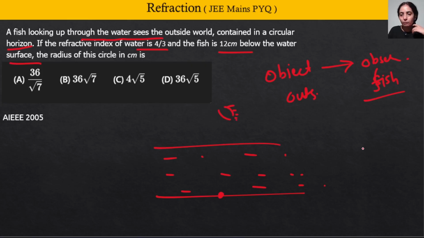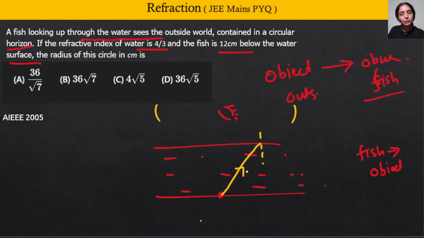Okay, so I am saying suppose fish is your object, and if fish is the object, in that case light will come from the object and reach the observer. So light will go from here and it will reach the observer who is present on this side. But you know that in this case light is trying to travel from denser to rarer media, and so